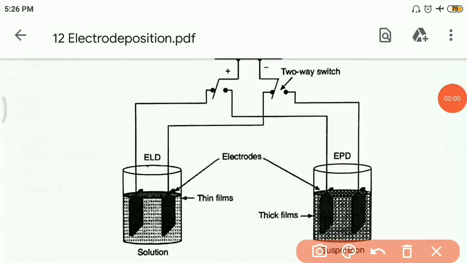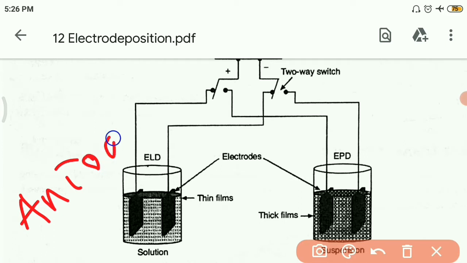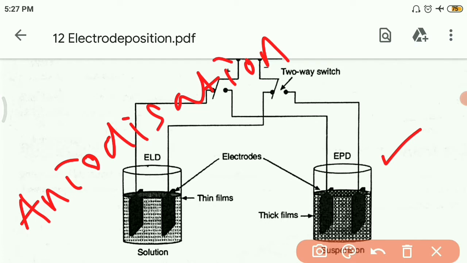Now this electrodeposition process is also called anodization. Okay, why so? Because here the pores are formed in the anode of the electrodeposition cell. Okay, and the dimensions of these pores depend on various factors such as electrolyte, anodization current, anodization time, and deposition temperature, etc. Okay, so this is taken from the second book which I have included in the PDF.